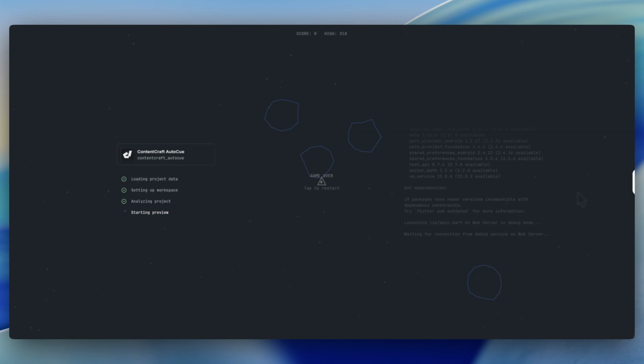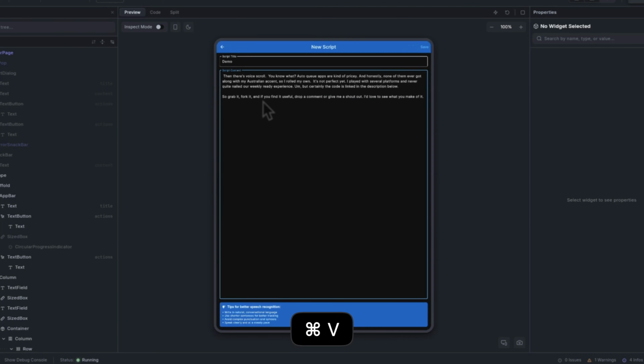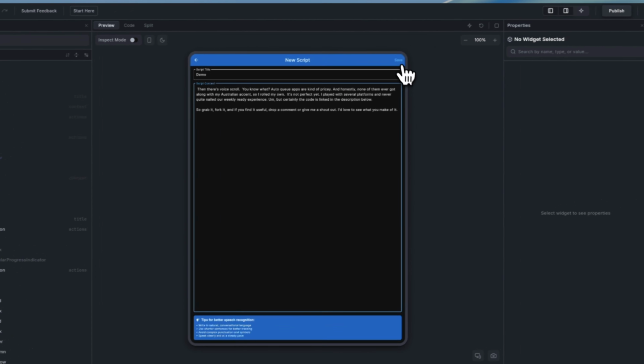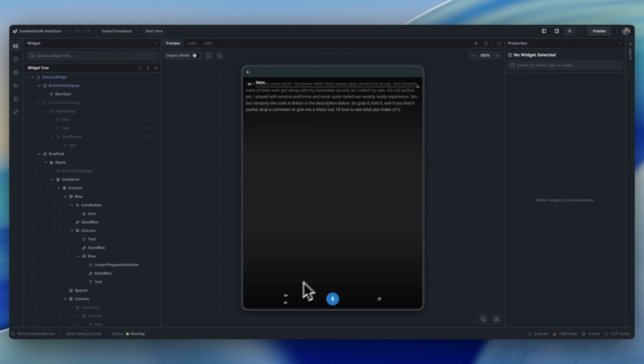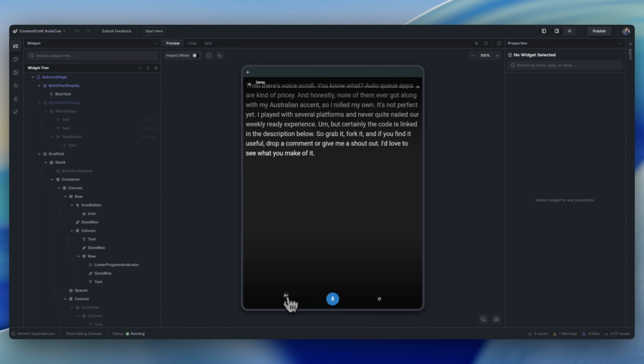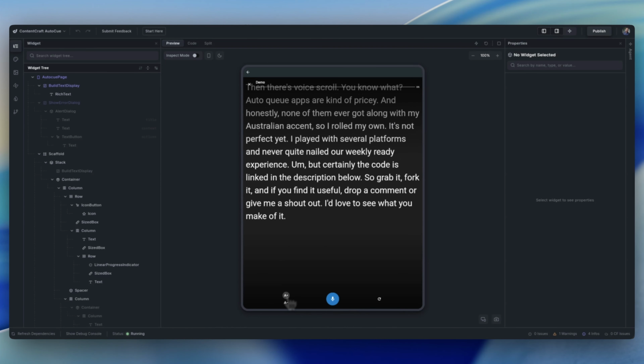And then there's Voice Scroll. You know what? Autocue apps are kind of pricey, and honestly, none of them ever got along with my Australian accent, so I rolled my own. It's not perfect yet. I've played with several platforms and never quite nailed a weekly ready experience, but certainly the